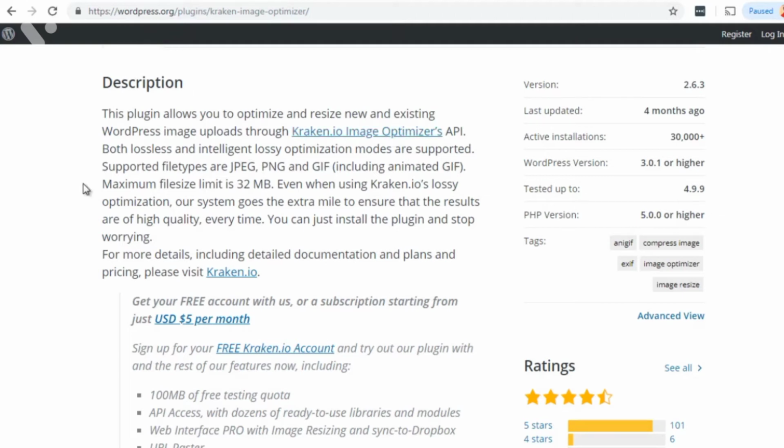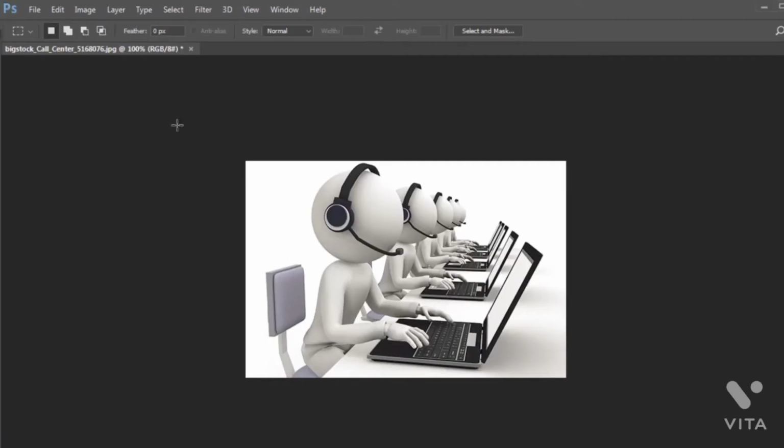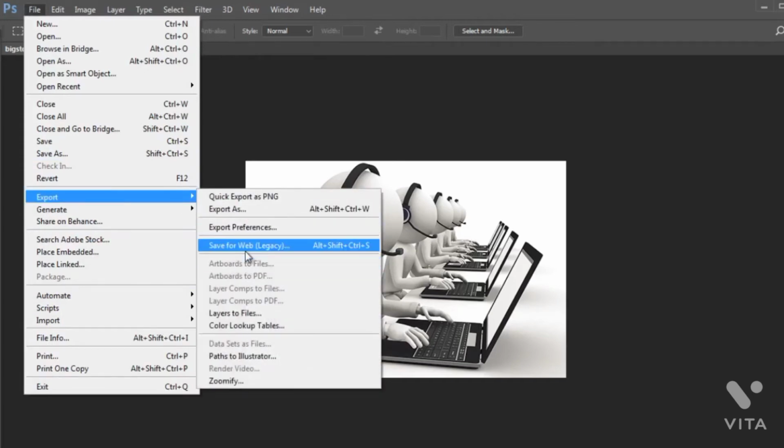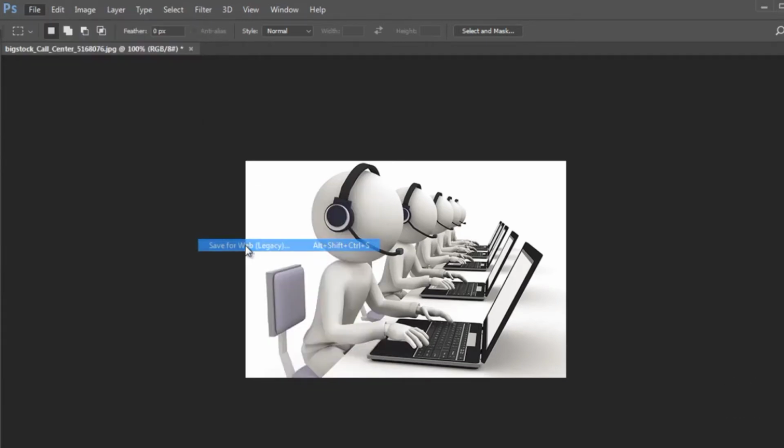But sometimes converting the images from one to another will actually speed things up. To give you a better view of this, I want to head on over to Photoshop, and we discussed and used this example in the previous video, but I want to use it again. Let's say, for example, I wanted to convert this image from one file type to another image file type. So if I go to the top and click on File, and then we do Export as and Save as for Web, and we click on that,